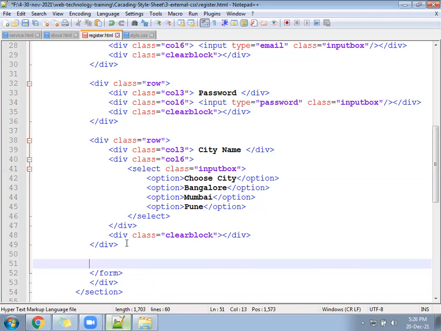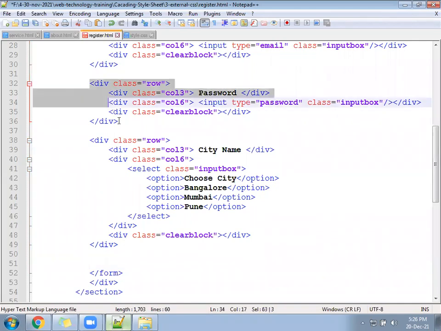For radio buttons, no need for giving the class info box. Two radio buttons in one line.